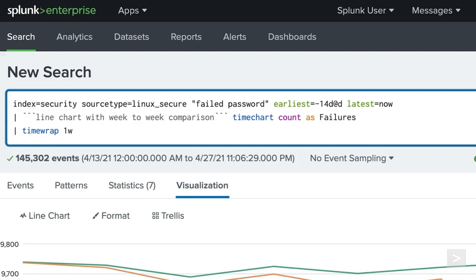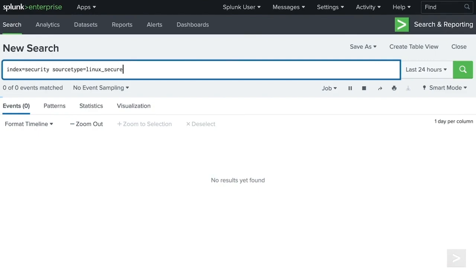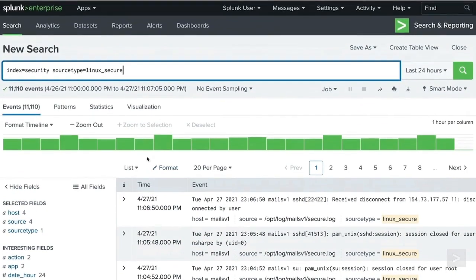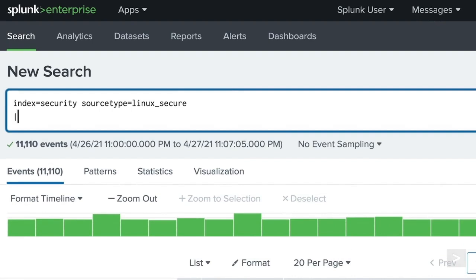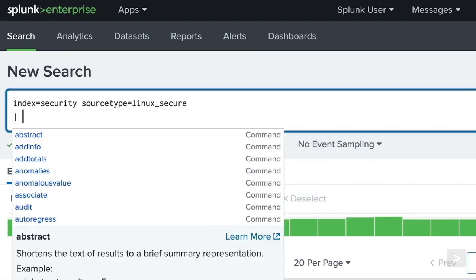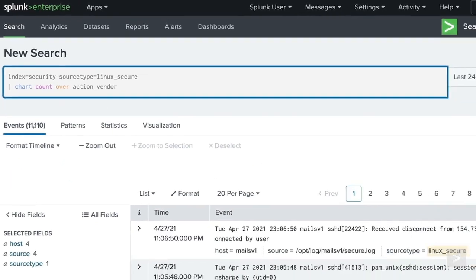So as I said earlier, comments are really useful for providing some specifications and notes to the user, but along with that, they're very helpful for troubleshooting. If we take a look at our basic search here, events being returned by the security index, source type of Linux secure, we may want to get a count of events over, let's say, the vendors. So the action of each vendor. And we can do that by counting over, let's say, action vendor, running this search, and we notice that we're